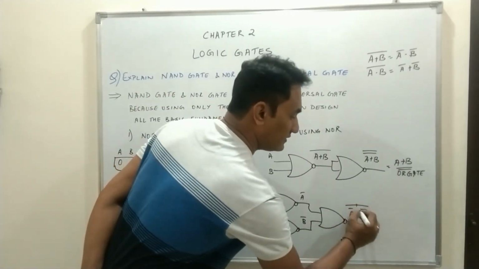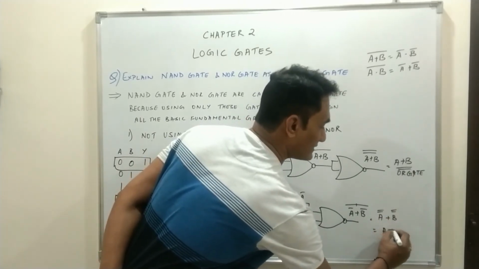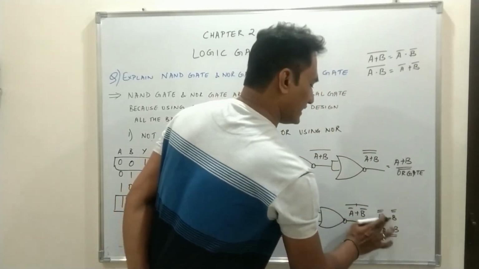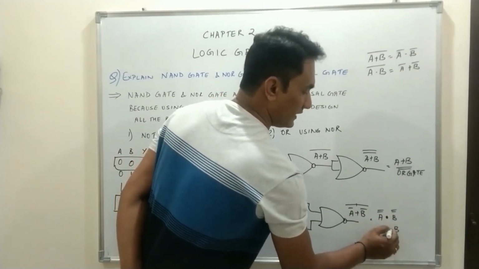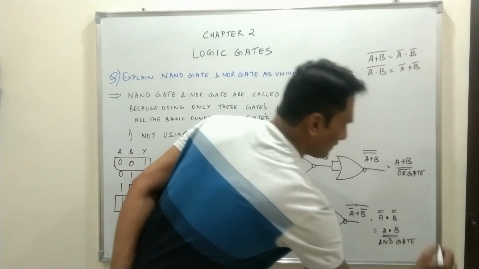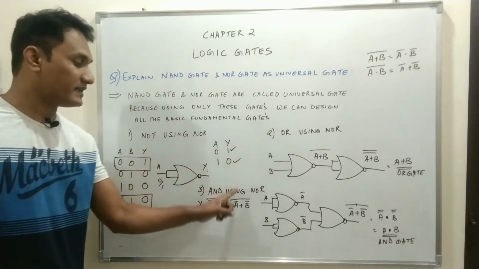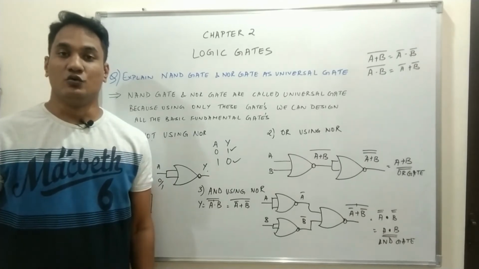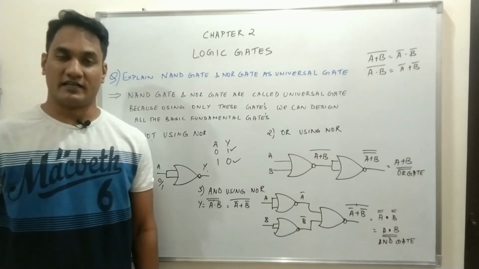So again split this thing, this will be A double bar plus B double bar, which cancel each other, it will be A plus B. Sorry, the sign will change when you split this thing, the sign will change to A dot B. So it will be A dot B. And what is A dot B? A dot B is nothing but an AND gate. So this is how we can design all the three basic gates using NOR gate. That is why NAND and NOR gates are called universal gates. This question is very, very, very important. You make sure that you understand it properly.